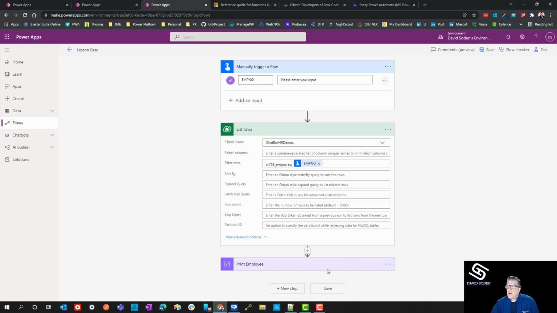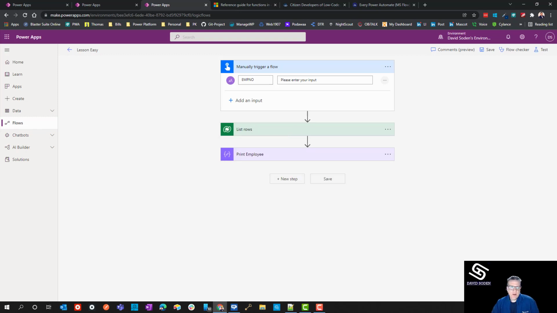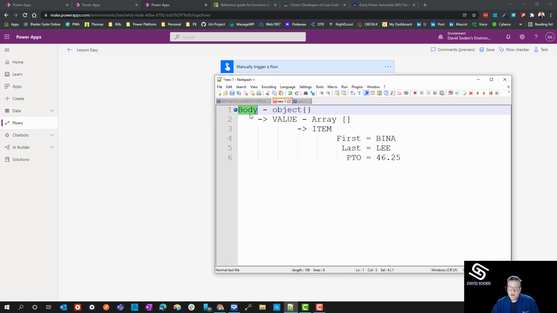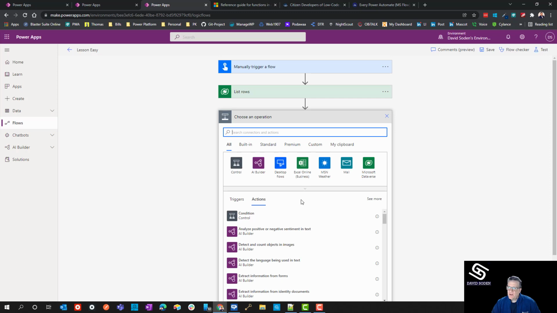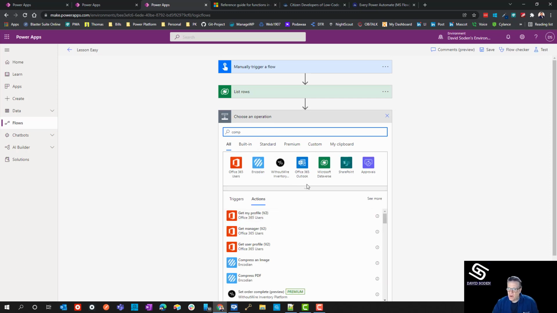Okay? So now, the only thing I'm doing is this: because this is coming back, even though there's one item, it's still going to come back with a body, still going to come back with a value, and the item inside of this array bracket, there's only going to be one object. The problem with that is, if I try to reference just that, even though I only have one item, all I'm going to do is use that compose object